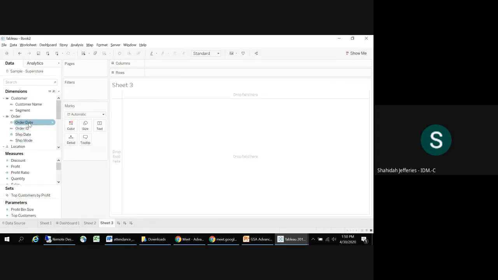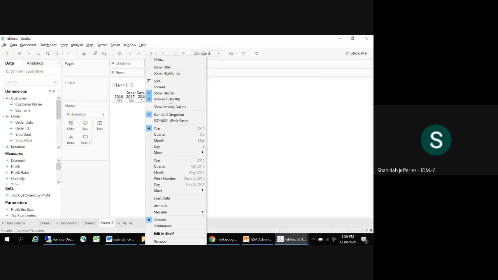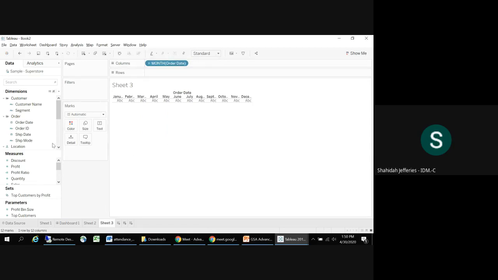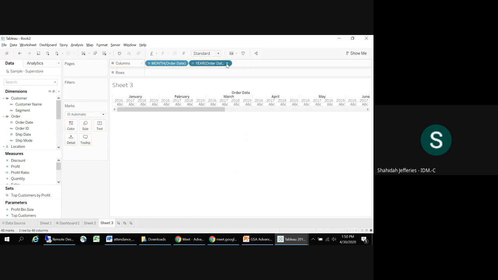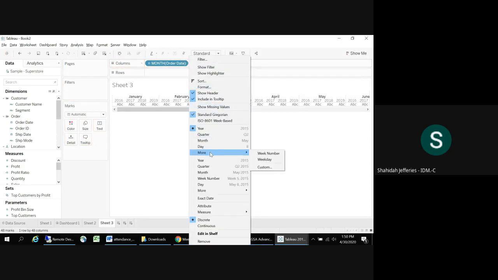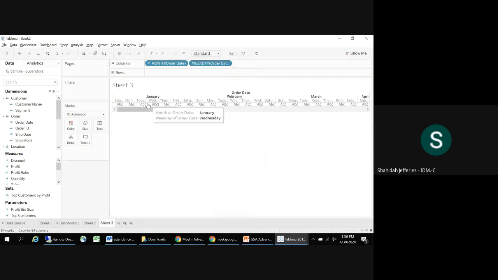And if I do order date, I'm going to just show you two different types of calendars. So I'm bringing order date to the column shelf. And the first thing I need to do is make that a month. Then I bring in the same order date field to the column shelf. And then I need to come down to more and make that weekday. So now that I have the weekday and the month, I have the month and the day of the